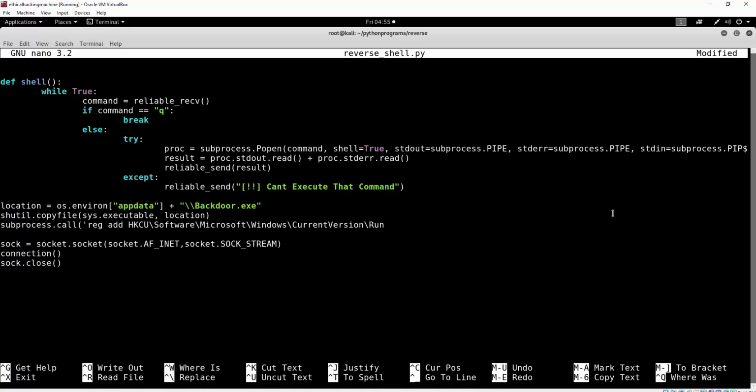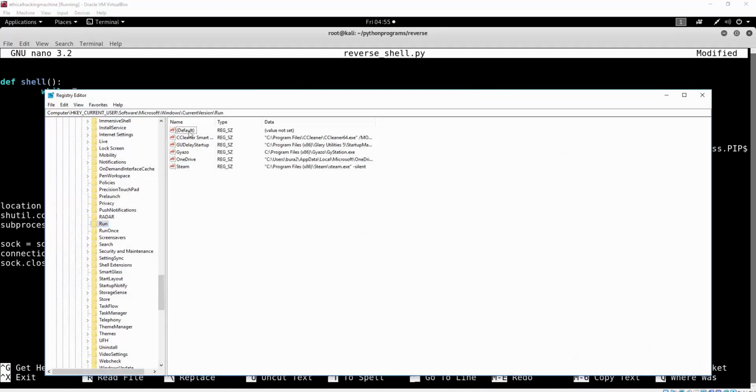And right after that, what we want to do is perform the backward slash. So /v, this will be the name of our registry key. We can name it backdoor as well. So let's name it backdoor. This is the type, so REG_SZ, as we can see right here. This is what we specify with the name of the registry key. So we will have a backdoor name right here, and the type will be the same as other types as well. So